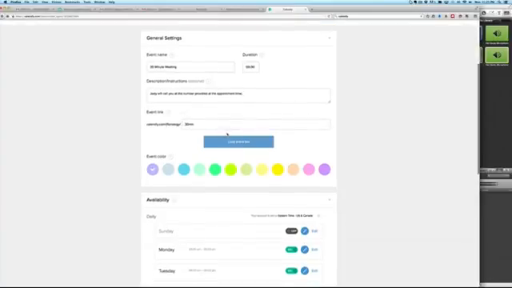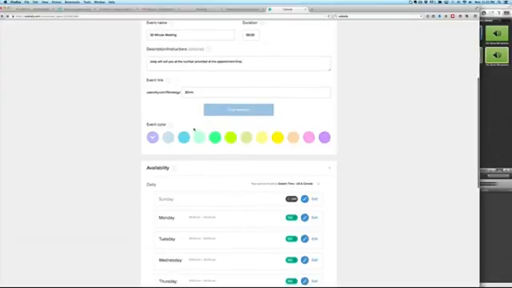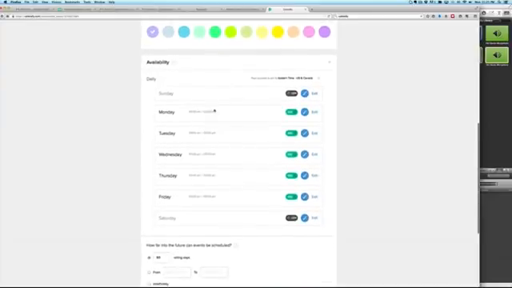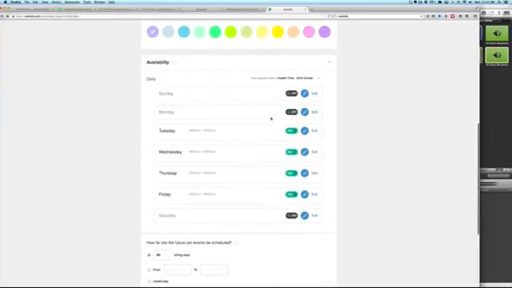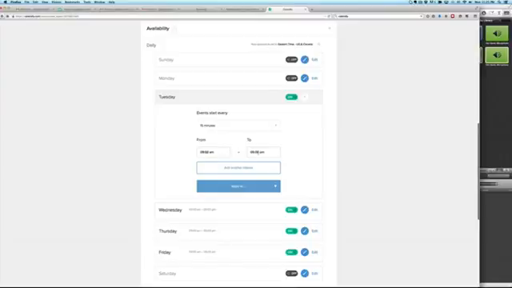And the color, that's the color that's going to show on your calendar. Let's just leave it with purple. Then you're going to come down here and set your schedule. Let's say that I don't work on Mondays, and let's say on Tuesday I want to edit this, and I'm going to be from 9 a.m. and let's just say I want to go to 11